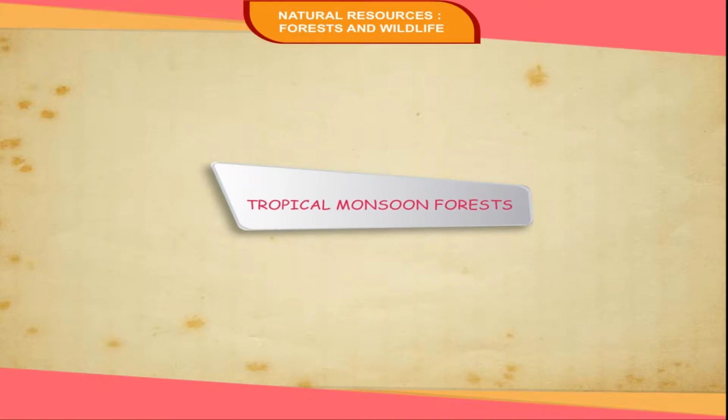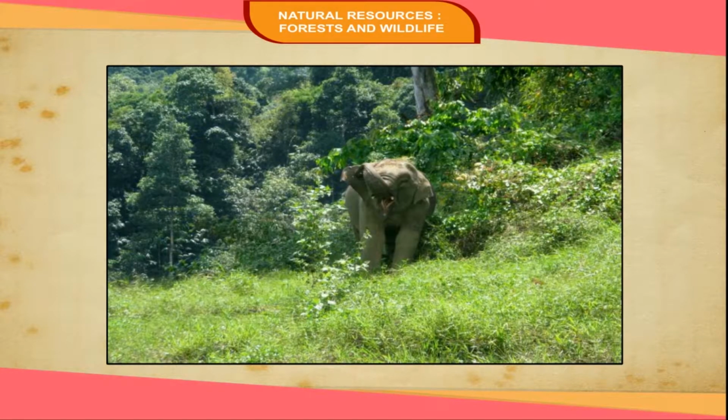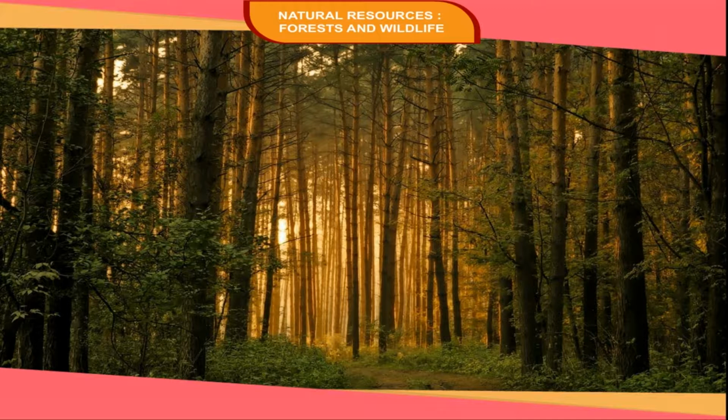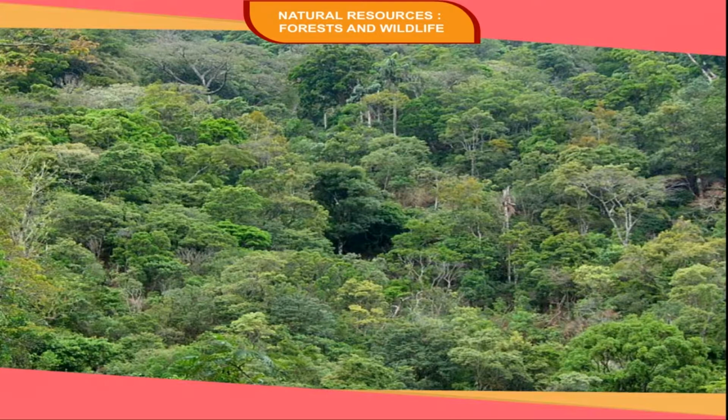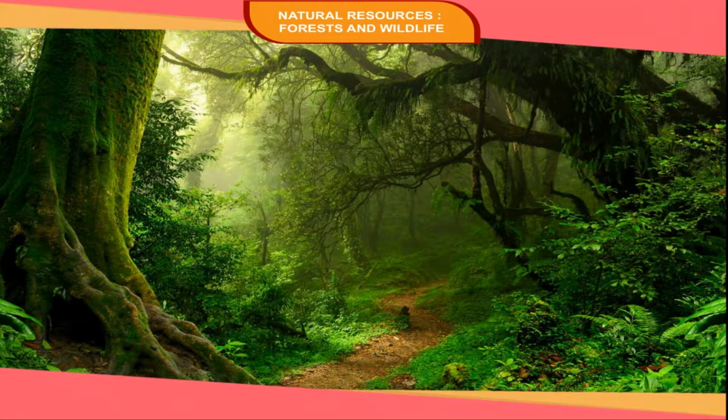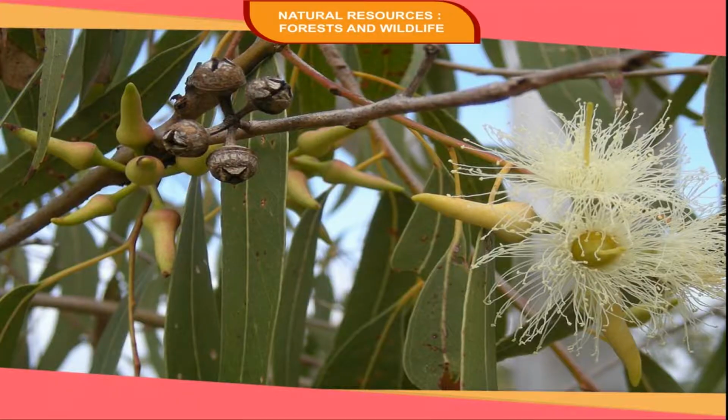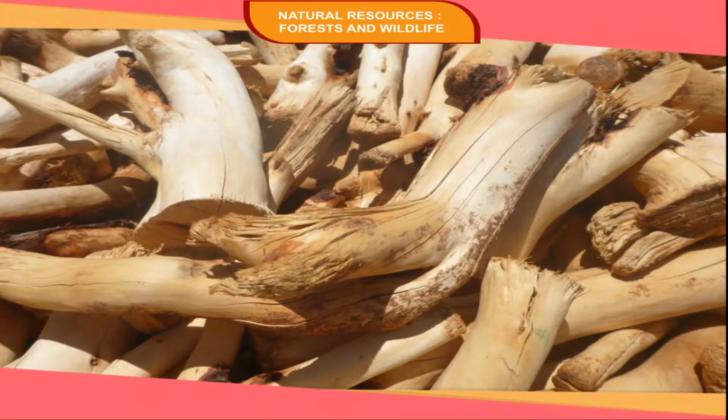Tropical monsoon forests. These forests are mainly found in tropical areas that have a monsoon type of climate. These forests are found in India, Pakistan, Sri Lanka, South China, Laos, Vietnam, East Africa, and Northeast Australia. The seasonal contrast of rainfall and temperature affects the growth of vegetation, so the forests are deciduous in nature. These forests have much commercial value. Sal, deodar, bamboo, eucalyptus, sandalwood, and acacia are the main species found in these forests.